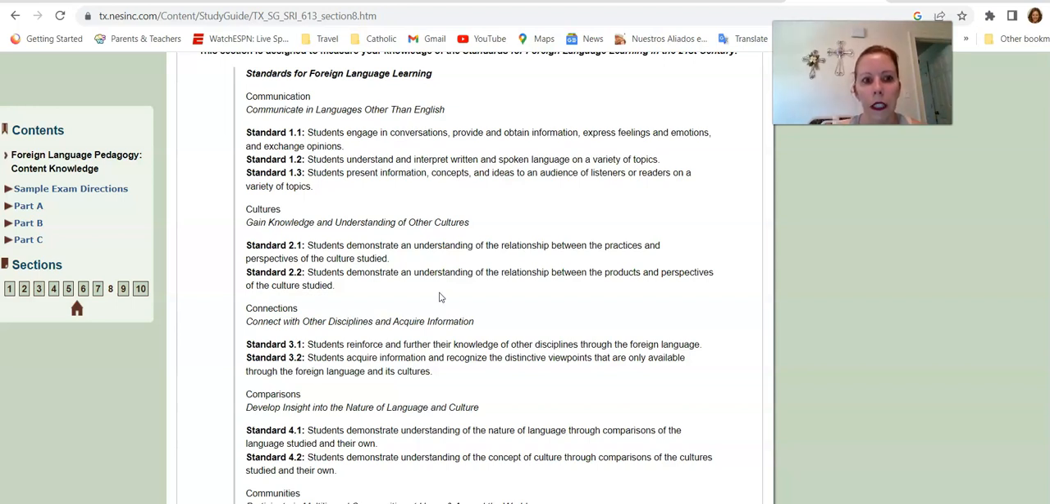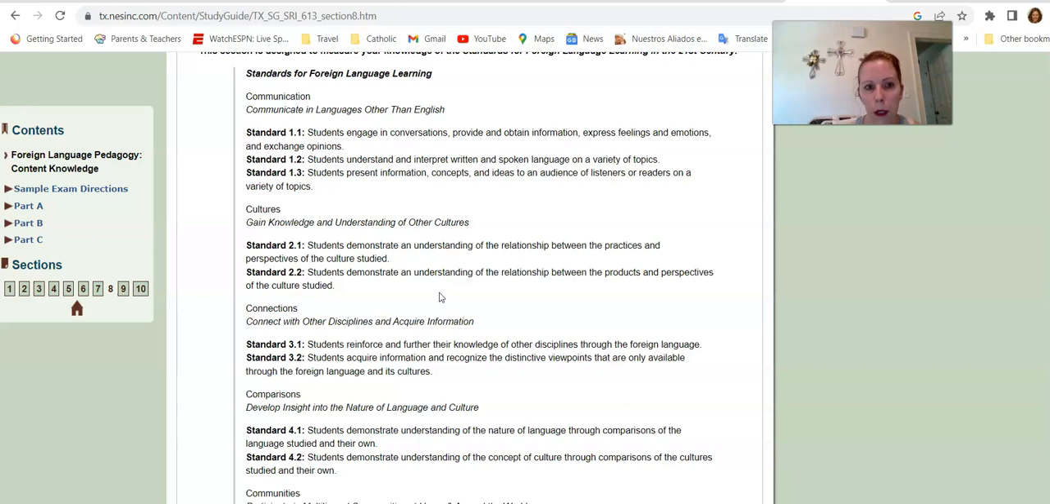Okay, so communication, there's 3 standards. Number 1 is what's called interpersonal communication. It's all about conversations, providing and obtaining information, expressing feelings and emotions, and exchanging opinions. It's the only communication listed here that's two-way, meaning there's back and forth. There's an exchange between people. So it could be 2 people talking, it could be a small group talking, or a large group talking,